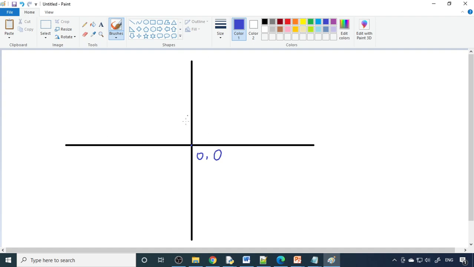Even though there are no lines over there, what you see on the computer screen is something like this. The cursor always comes at the center, that is 0, 0. Assume this is your turtle. This direction to the right side is positive x, and the opposite of positive is negative x. From the center, if you go to the left side, it is minus x. If you go to the right side, it is positive x.